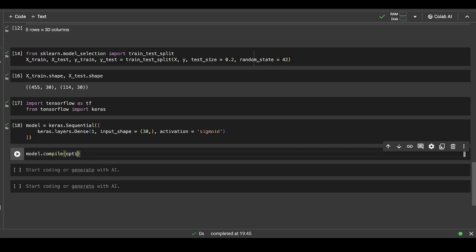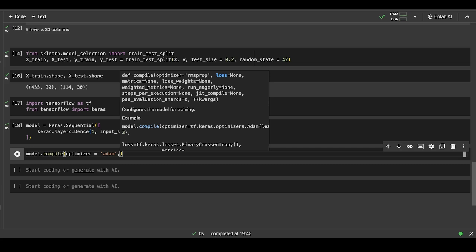We will provide the optimizer, and currently the best optimizer that we have in any neural network is Adam. You can try it with stochastic gradient descent or mini-batch gradient descent as well. But the best one again is Adam, because the Adam optimizer actually smoothens your curve to reach the global minima, as well as it gives you the adaptive learning rate. So it has both the advantages that are present in AdaGrad and RMSprop.